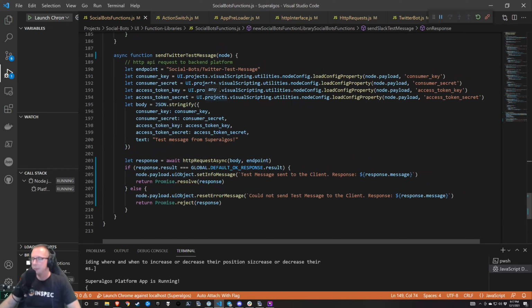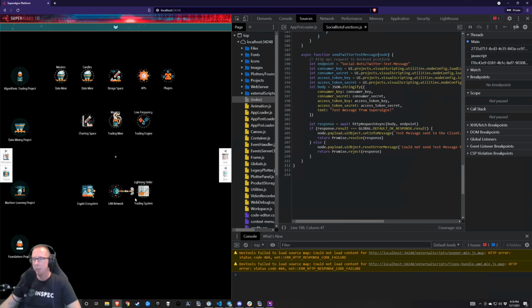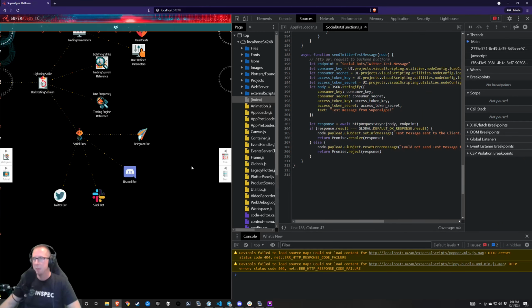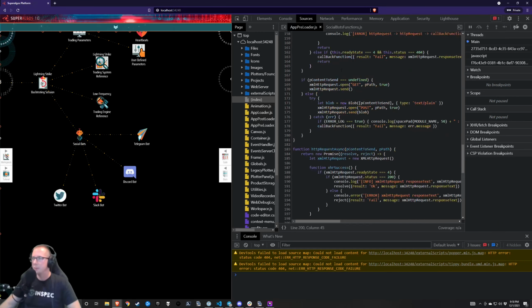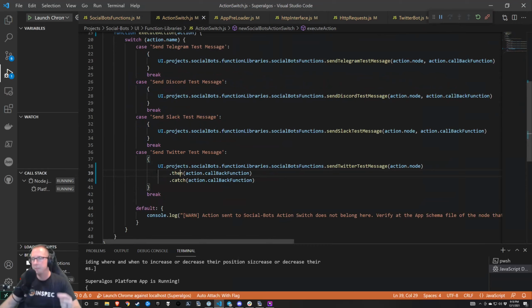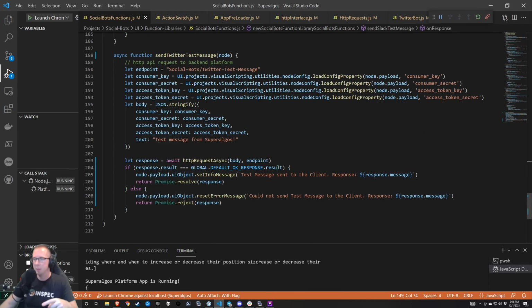So I believe the way that this is working right now is I click my button in the UI, which triggers this social, where was that? Which triggers this action switch library. It tells it that I want to send a Twitter message, comes over here, runs send Twitter message,